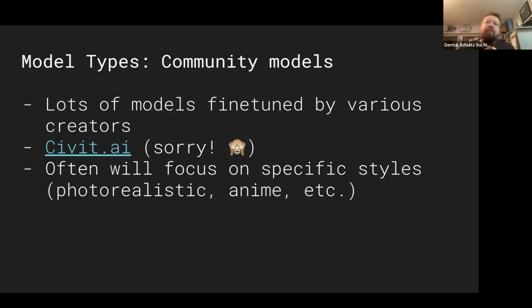I think Golan put a note in our chat. There is this site called civitai.com. It used to be civit.ai. What do I say about Civitai? So Civitai is a wonderful community where there are lots and lots of models available to you. All of them have been trained on young women and young anime images. So I apologize if you go and visit that site and it looks creepy as hell, because it is creepy as hell. There are, however, some good models on that site.